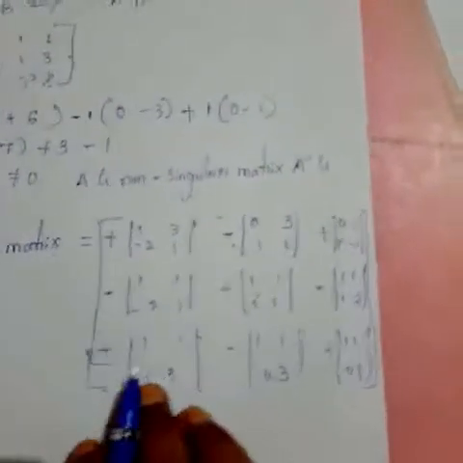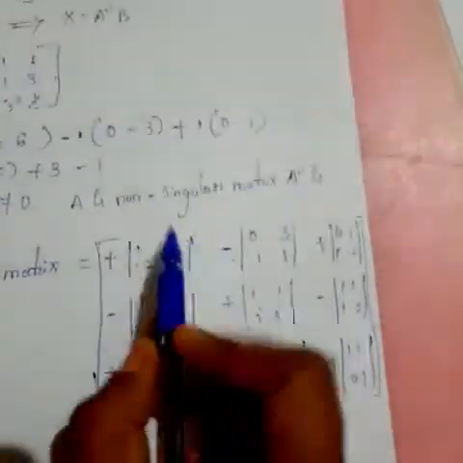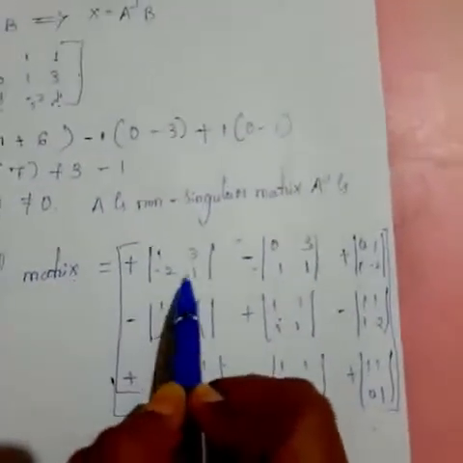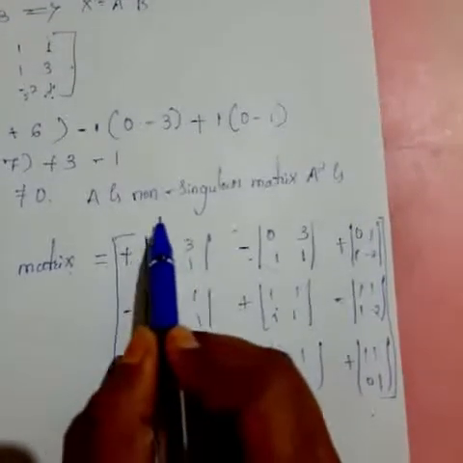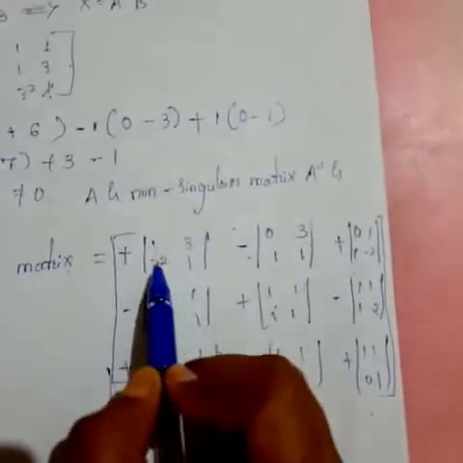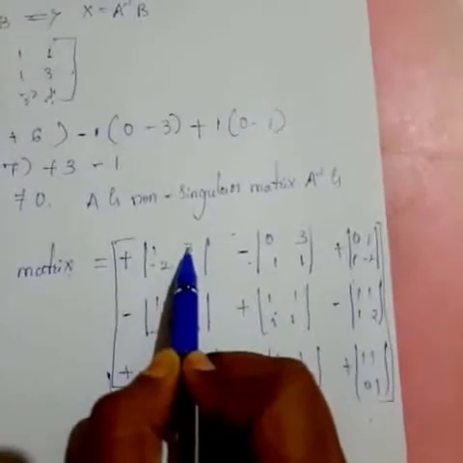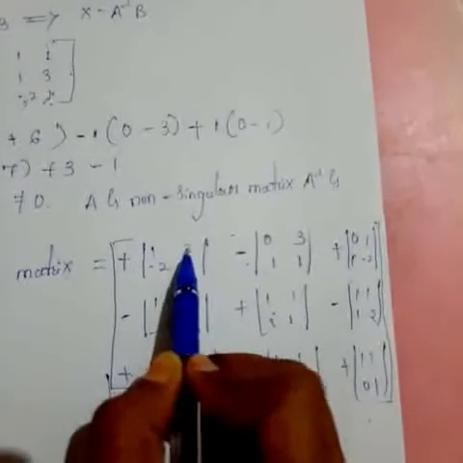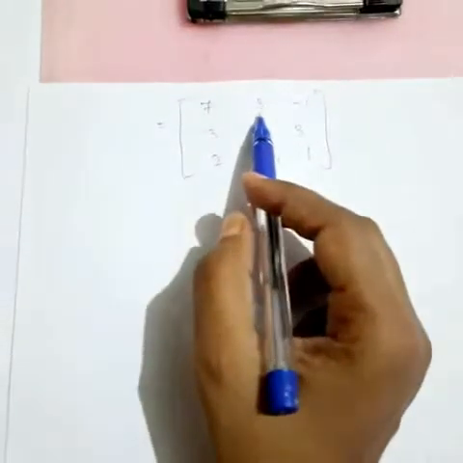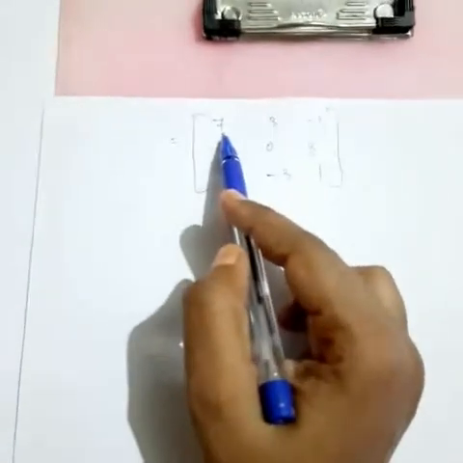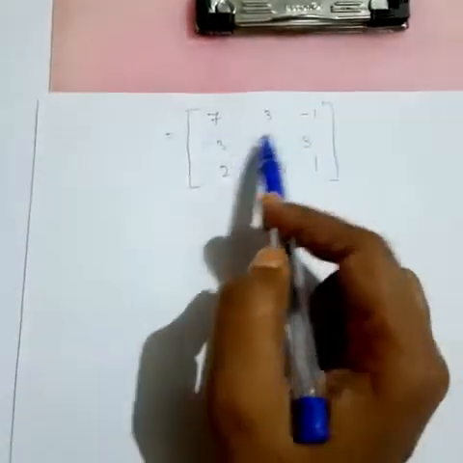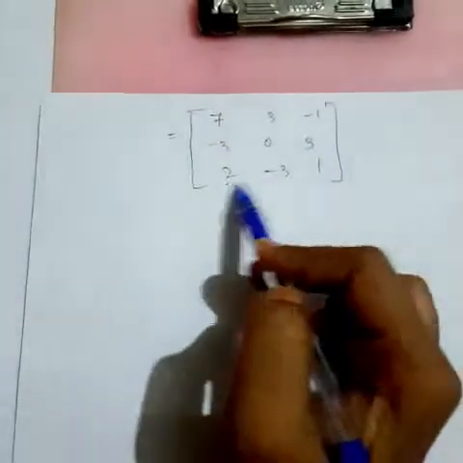if you solve this you will get, see here, the first is nothing but cross multiplication. You all know that 1 into 1 is 1, then again we have to put the next minus sign, minus 2 into 3 is minus 6, minus into minus is plus 6, 1 plus 6 you will get 7. Similarly, you have to calculate the second element, third element, up to A33. Then you get the cofactor matrix: 7 3 minus 1, 3 minus 3 0, 3 2 minus 3 1.